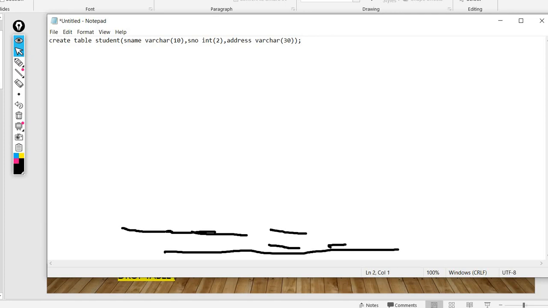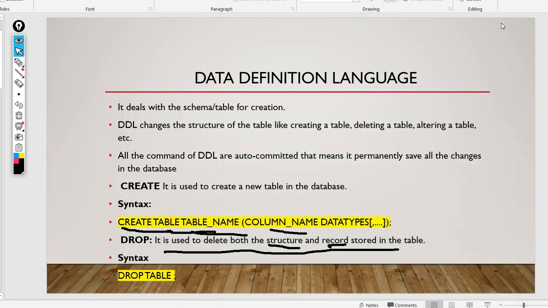I want to drop this student table. I'll simply give drop table name is student. If you give like this, what will happen? It will delete the entire table.